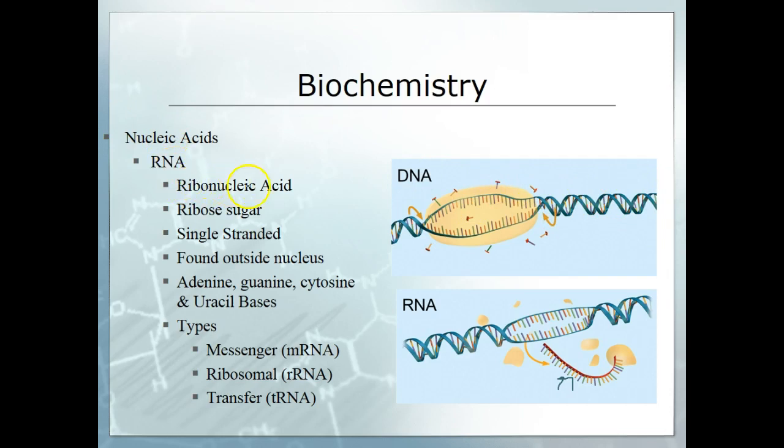RNA is ribonucleic acid, again RNA. RNA is composed of ribose. Ribose is the 5-carbon sugar that is in the center of this molecule. RNA, like we said here, is single-stranded. RNA is found outside the nucleus. Now, because RNA is made from DNA, RNA is made in the nucleus, but it can easily travel through one